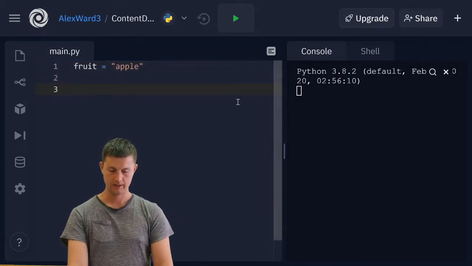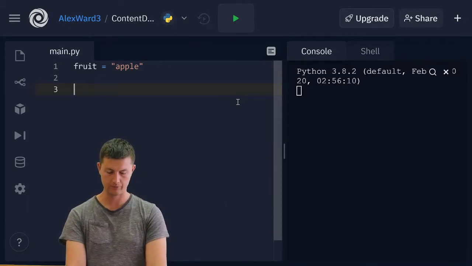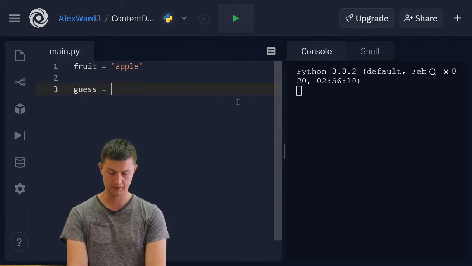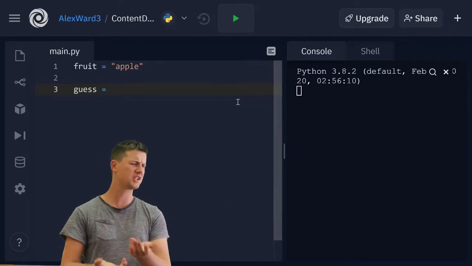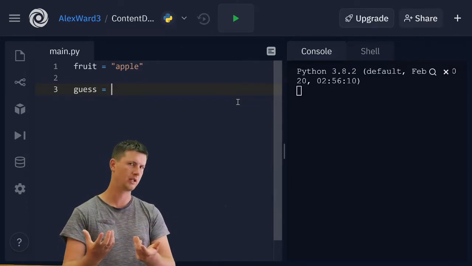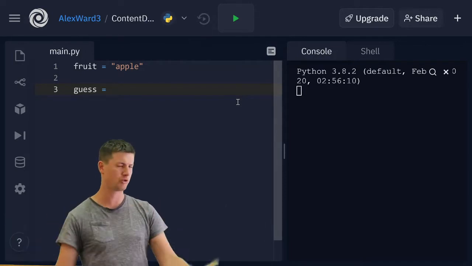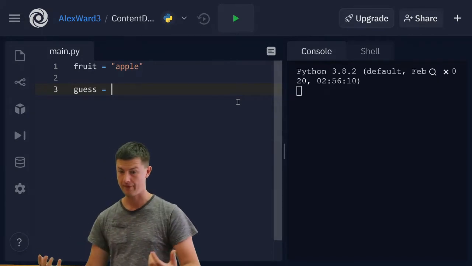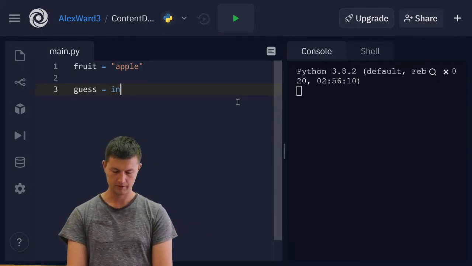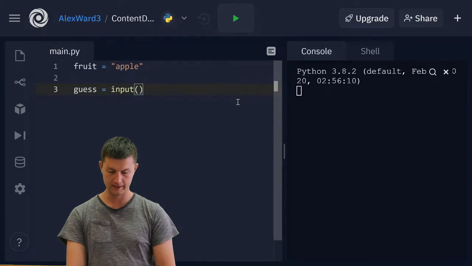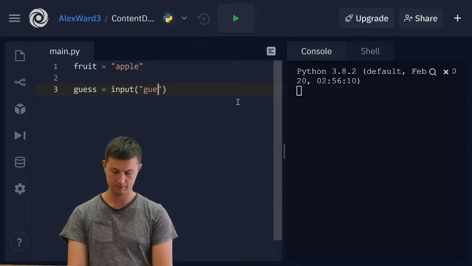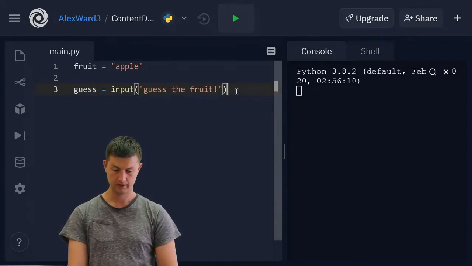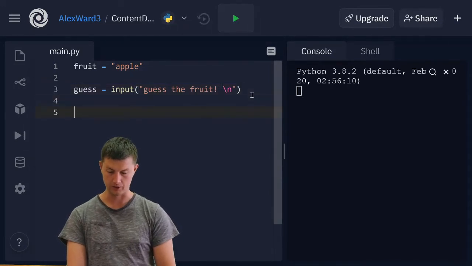Okay. And now I'm going to get some input from the user, call it guess, and it's going to stay as a string. It's not an integer input or a float input, it's a string input. Gosh, is this the first time we've got a string from the user? I think it might be. So it's input from the user and it's "guess the fruit". And I'm going to add \n on that as well for a new line.